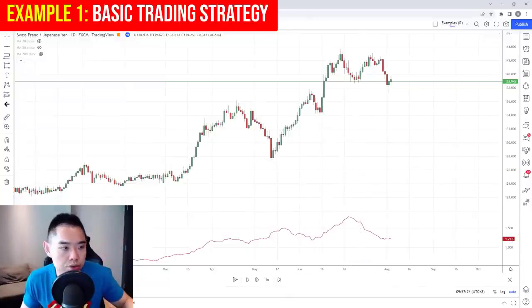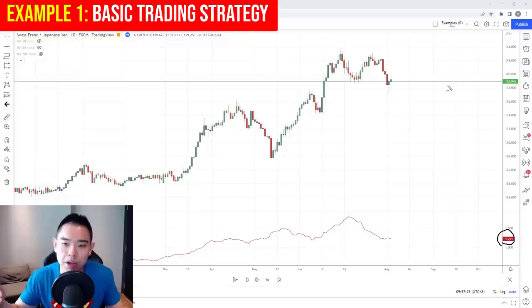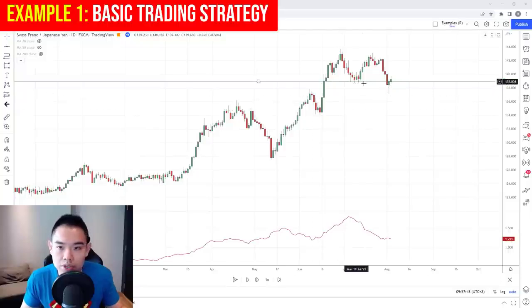So how do you make use of this information? Very simple. This tells us that over the last 20 trading days, this currency pair, Swiss franc against the Japanese yen, moves an average of about 122 pips a day. So what we want to do is to identify the lows over here, and minus 1.221. So what is the low of this candle over here? If you realize, the low of this candle,